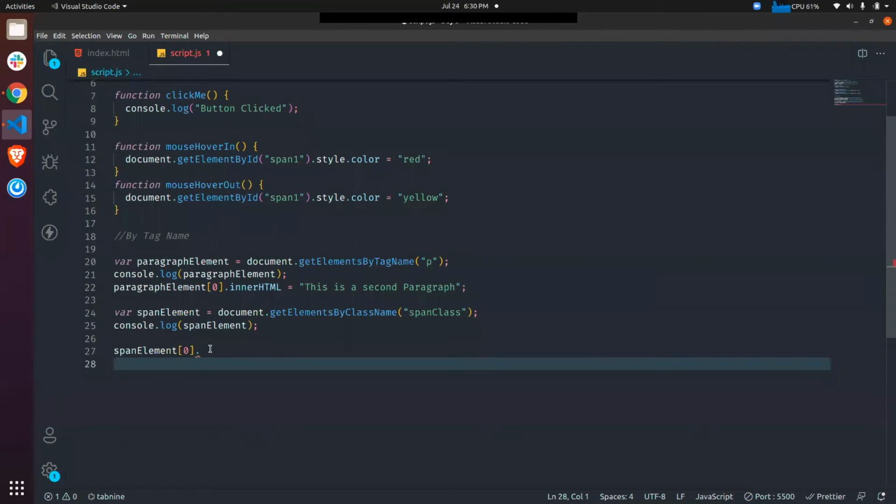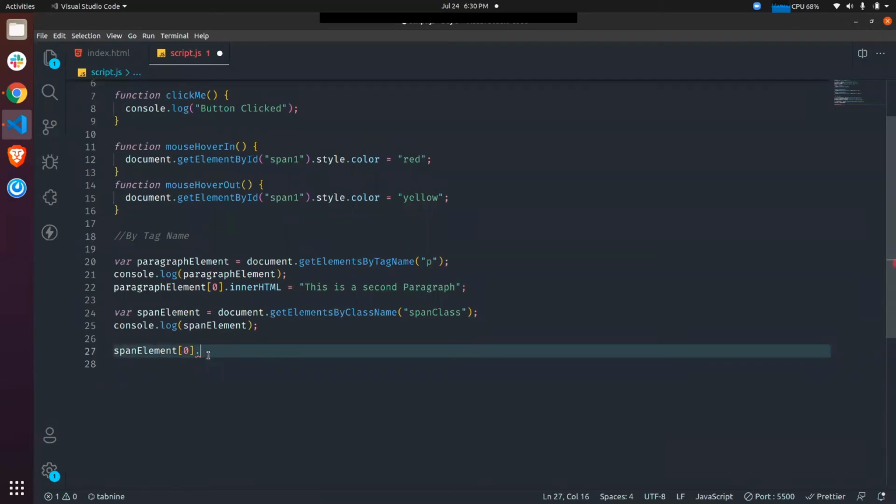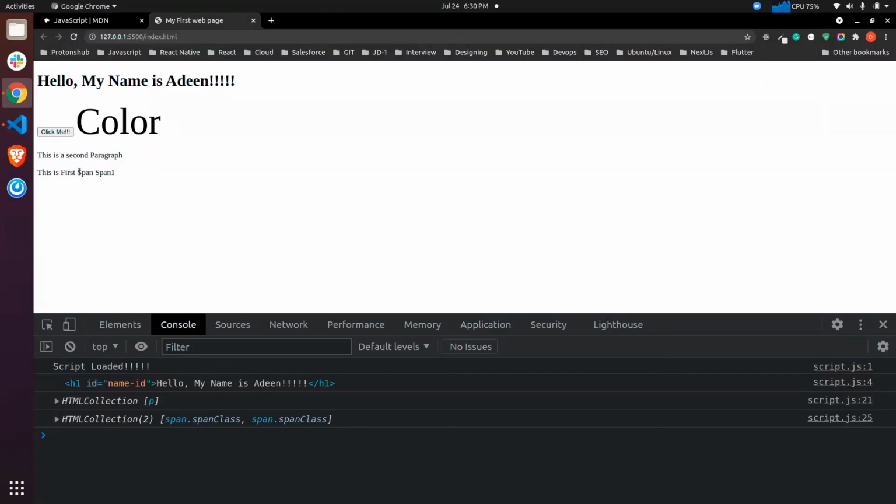For now, just understand that in an array, 0 is the first element. Same thing, innerHTML equals "this is first span". Now, if I save it, the text should get changed. Yeah, our text has changed. This is first span.